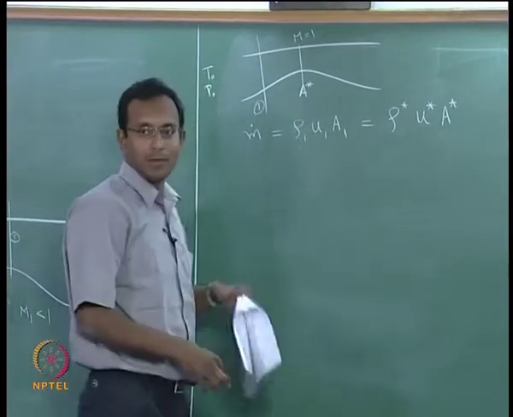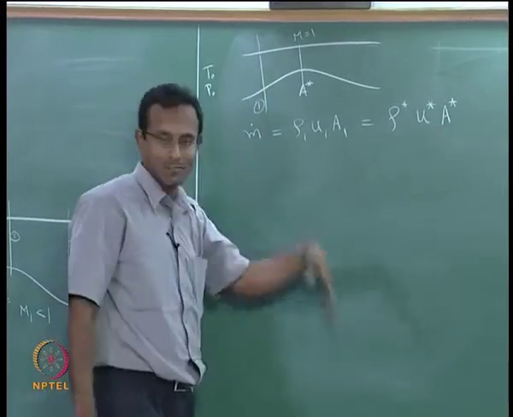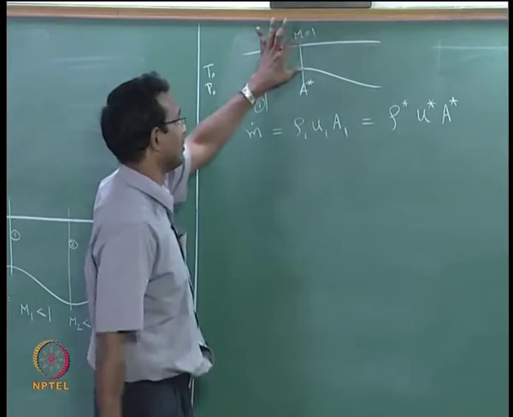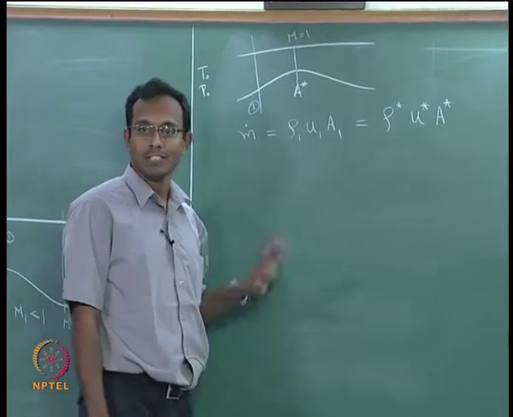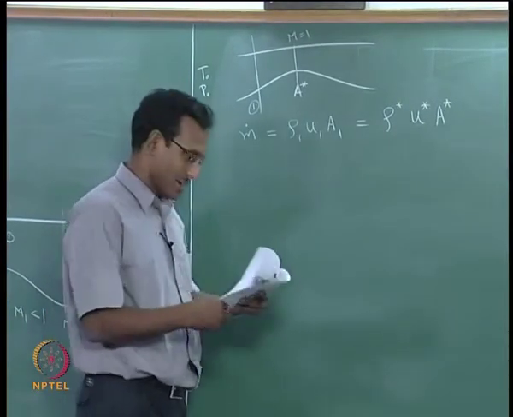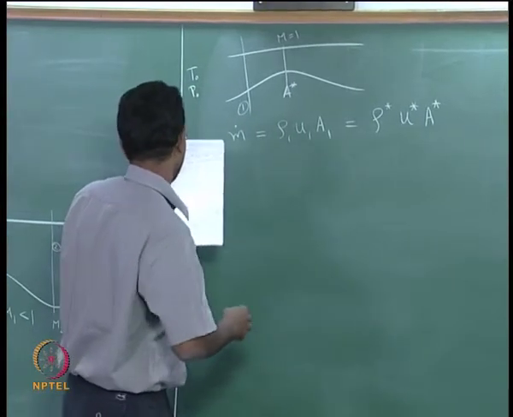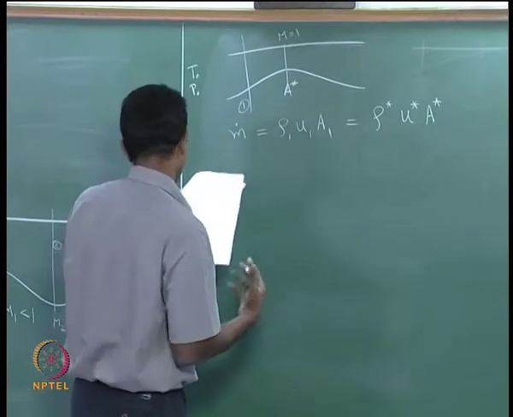Isentropic flow: T naught and P naught do not change. I know that also for this whole flow field, somewhere I have measured it. I know some things about the flow. I know that the flow is choked here and I know T naught and P naught for the flow. This is the information I know currently, and we want to solve every other point in the flow. Can we do it? Let us see how we can solve this problem.